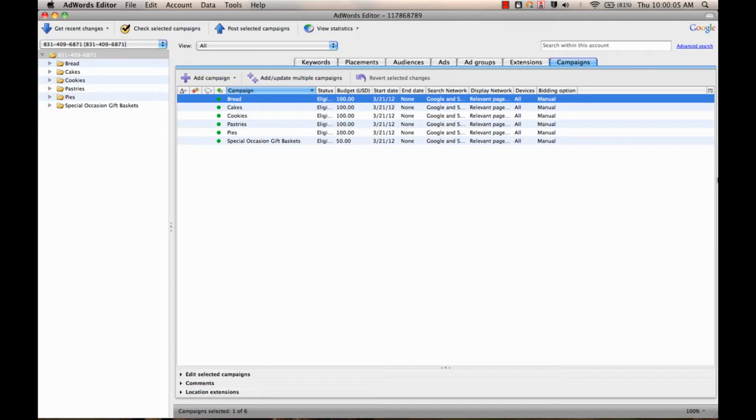Welcome back. Now we're going to show you how to add or make multiple changes to an account at scale. This is useful when you're trying to add multiple sets of keywords, ad groups, ads, or campaigns to an account, all at the same time. Once you have the interface up in front of you, and you have your whole account selected,